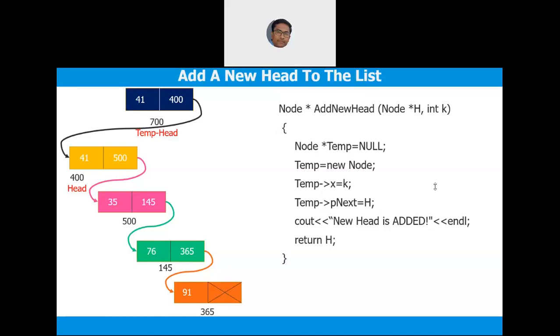You maintain an array of 26 where array of 0 points to all the singly linked lists which are starting with A. For example, the user is entering apple. You create a node at A of 0. And let us say the user is entering anger.